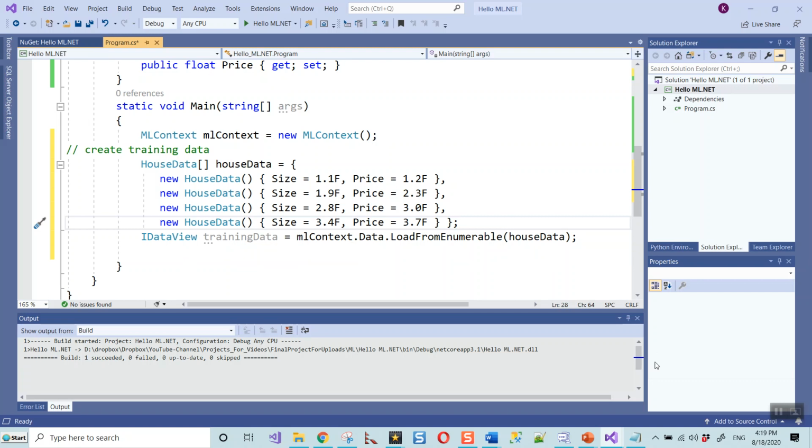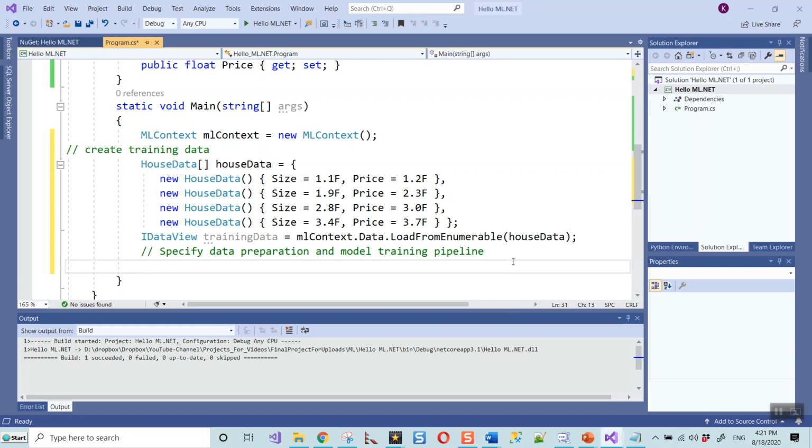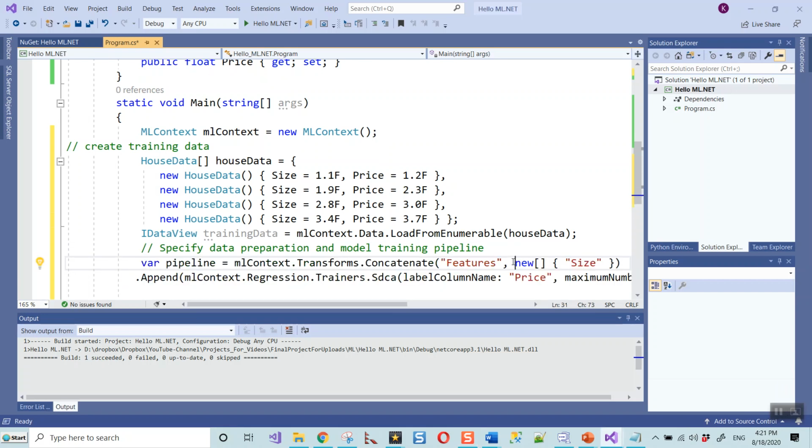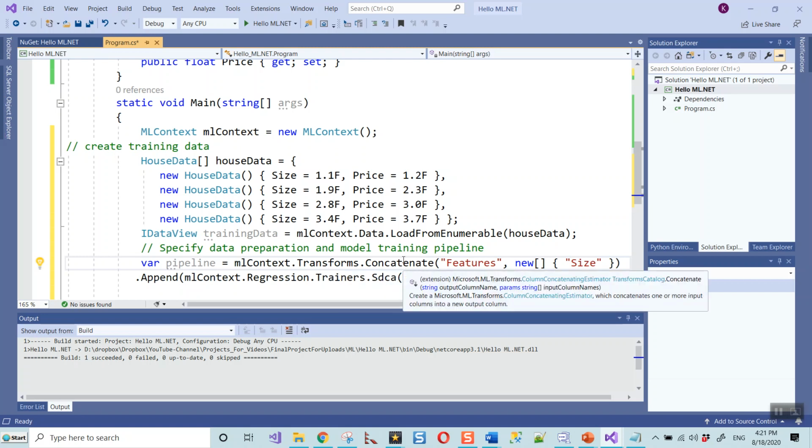Okay, so the next one is, now I have to create a model training pipeline and do some data preparation. So for that I have this code. Variable pipeline, again using the MLContext object.Transforms. This is the data processing operation. It returns a TransformsCatalog type of class and Concatenate.